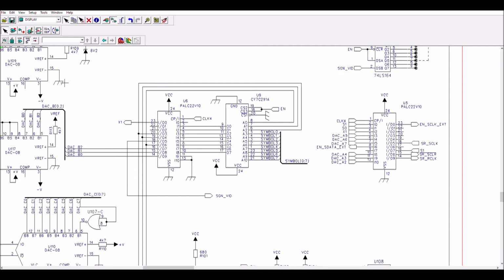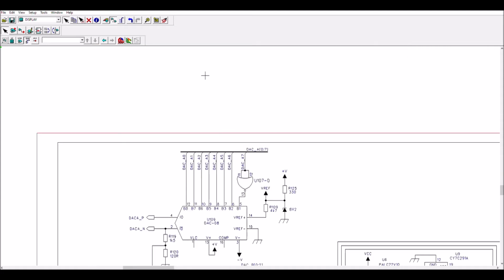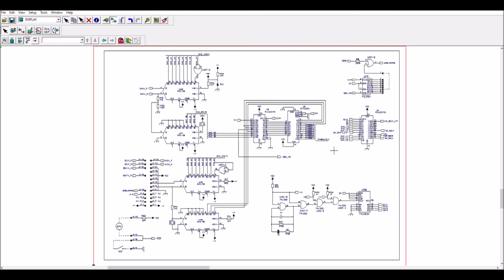One is the vertical position of the symbol, which is this DAC here, DAC C. One is for the horizontal position, which is DAC A, which is this one here. And we have the symbol, 1 byte for the symbol here.